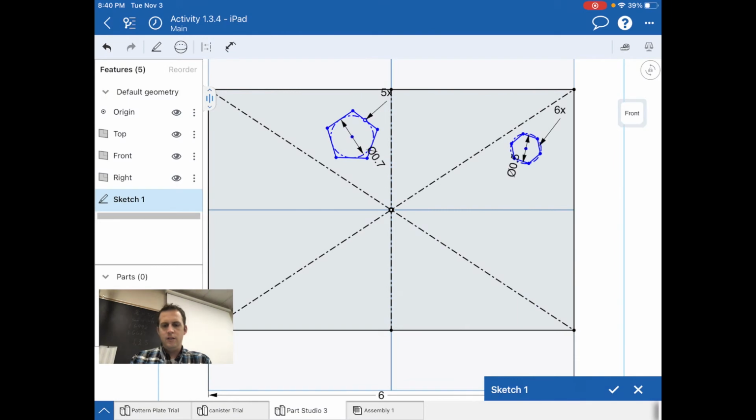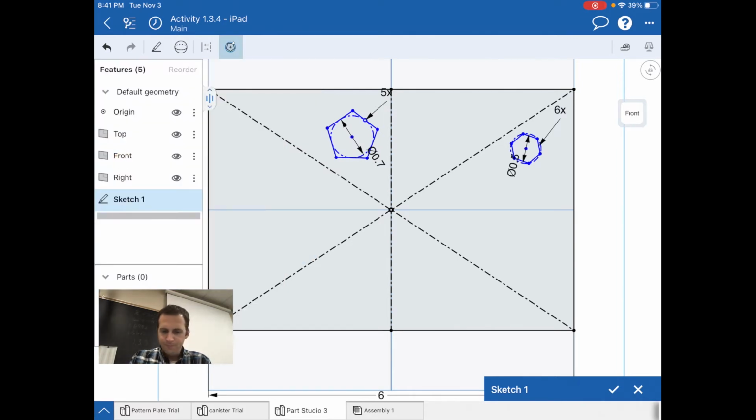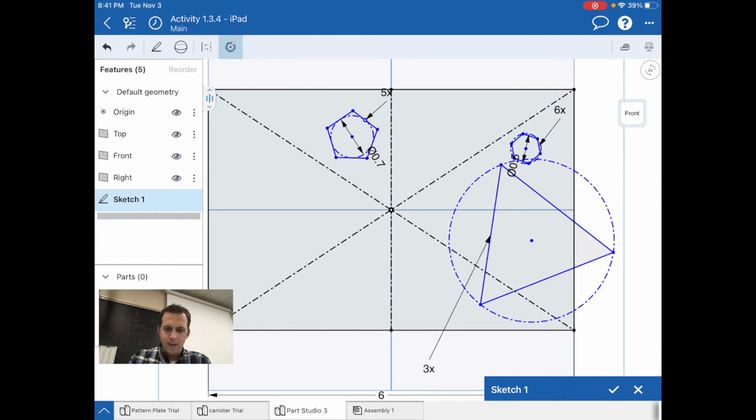All right, guys, let's now make the triangle. So there's an equilateral triangle that needs to be developed. Now, because of how we're going to want to position this, we're going to make that equilateral triangle using our polygon tool. I'm going to go ahead and make a circumscribed polygon. So I'm going to tap here and here. That makes a hexagon. I'm going to rotate that around, make it a triangle, and then I just need to